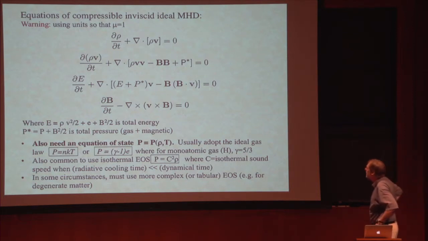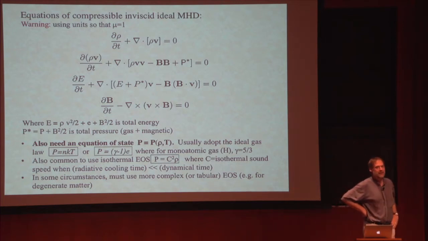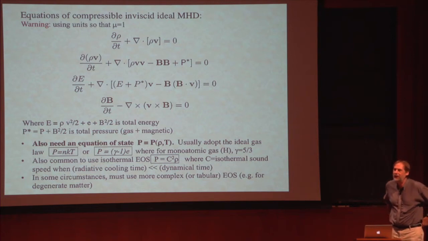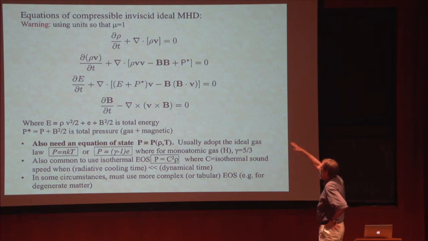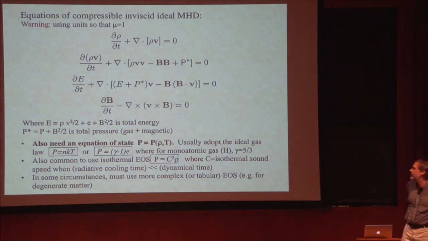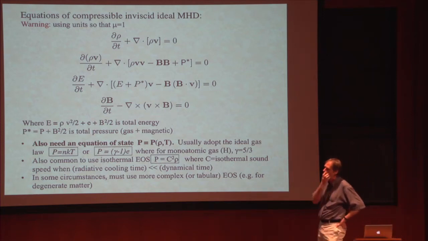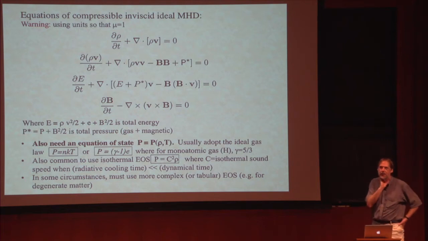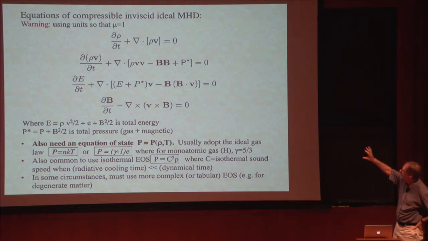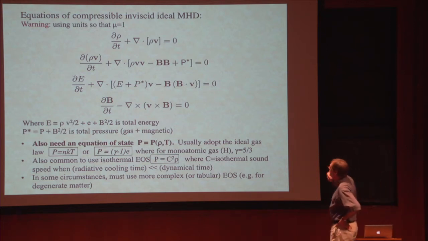Now, I agree completely with Matt that CGS are the right units to use, and that's why I'm not using them. In fact, I don't like carrying around all those factors of 4 pi, and so I tend to just use the magnetic permeability mu as 1 because it scales out of the equations that way. I would just warn you that I'm going to be inconsistent and sometimes have 4 pi's and sometimes not, and I apologize for the confusion that may cause. In these equations, I've set the magnetic permeability to 1. Perfectly allowed to do that, choose units that mu is 1, and here are the MHD equations